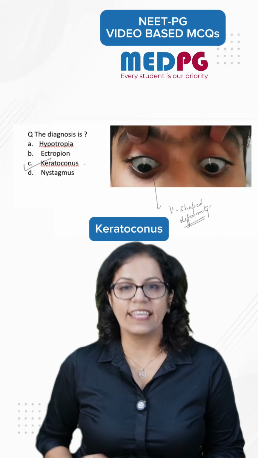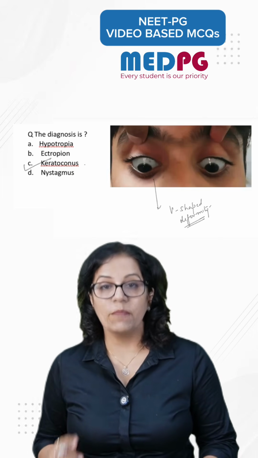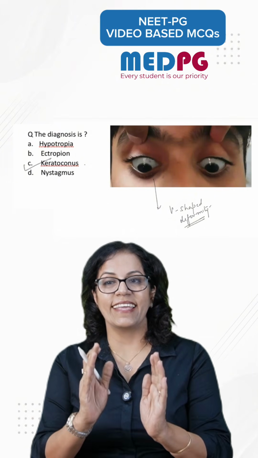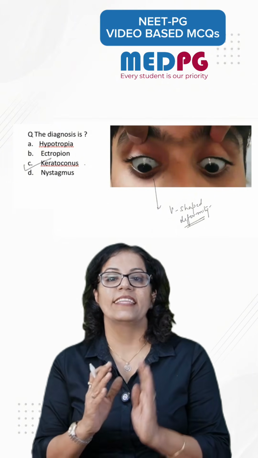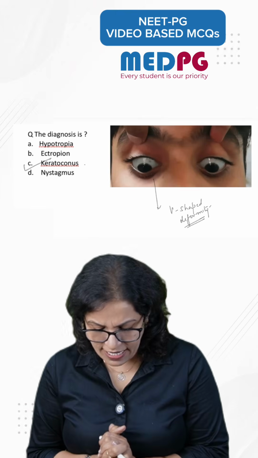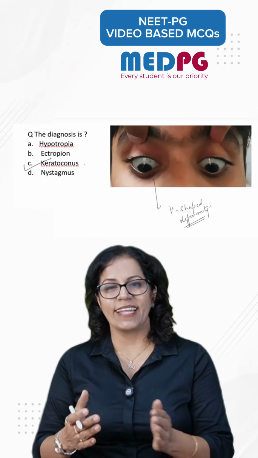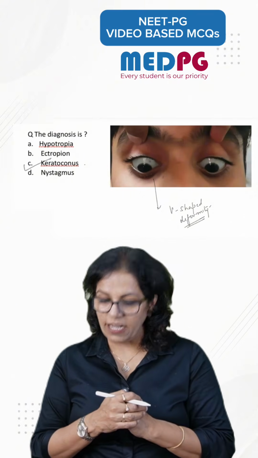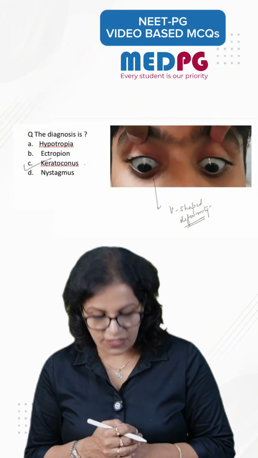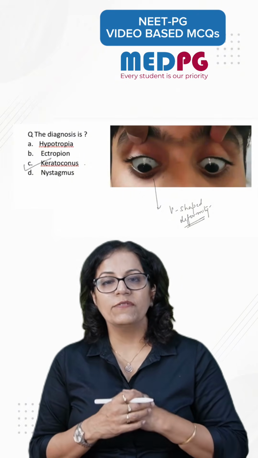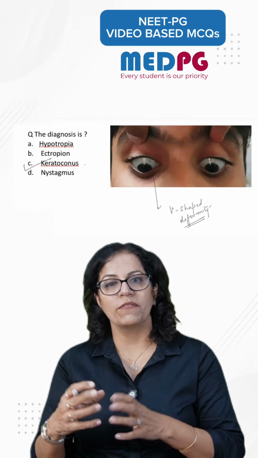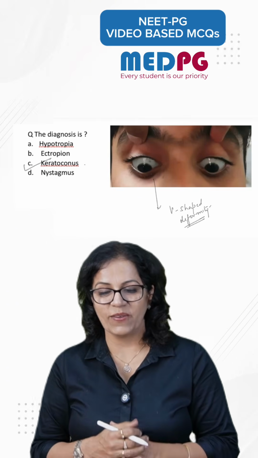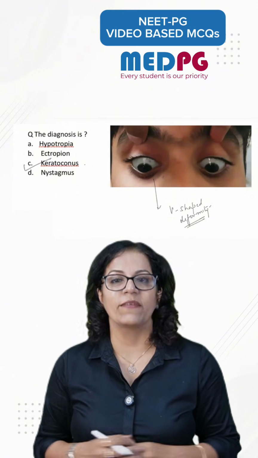We will answer keratoconus. Hypotropia, of course, then the patient first you will see in the primary gaze, the eye should be down. That is hypotropia. And here it is almost very obvious that we are asking the patient to look down. Of course, this cannot be a lid condition. The lid position looks all normal in this video, right? And of course, nystagmus is an involuntary to and fro movement, but was there any to and fro movement, or is this child only looking down? So all the other things we have to keep in mind.